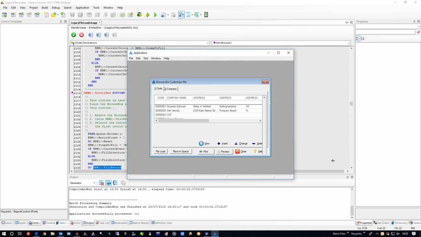It just means you'd have to take a system initialization hit as your first login in the morning, but at least the daily running of it wouldn't take the hit. You'd be loading them into memory to start with. Yeah, I've done that on a couple of tables where I know they don't change very often, and I've got a little refresh button on the screen, so if somebody adds or deletes a record, I can force it to refresh that queue. And I actually write them out to a text file, and it seems to work quite well.